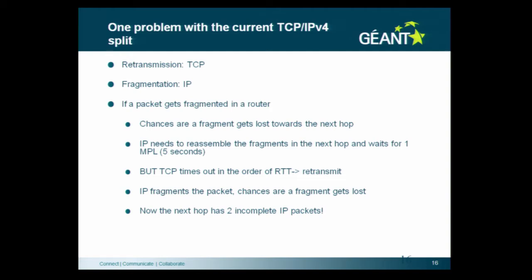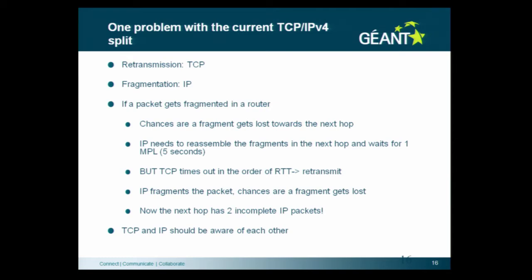The next hop, because the MTU is smaller than at the original host, will fragment again. So the next hop now has two incomplete IP packets, because it's constantly losing only one fragment, and TCP is acting a lot faster and trying to resend the datagram. So actually these two protocols, TCP and IP, should be aware of each other. TCP should know that IP is still in a waiting state. I should wait to send my ACK until that IP times out, or I should tell IP to drop the entire packet and I will retransmit. But having the two like they are at that point, it doesn't really make sense.